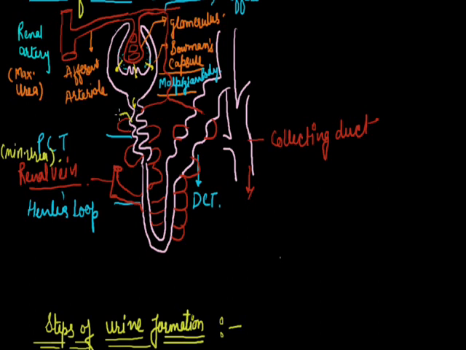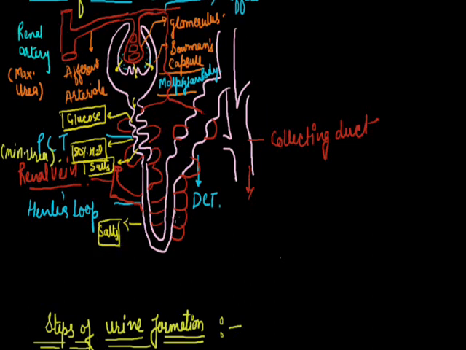Now in the PCT, the complete reabsorption of glucose, this is mainly related with the glucose reabsorption, water, 80% water. It is also responsible for the reabsorption of salts. So this is the passage where maximum reabsorption is done. Now Henle's loop, this is the descending arm of Henle's loop, and this is ascending arm. Descending arm is permeable for salts. Salts are reabsorbed here, ions and salts. While in the ascending one, water is reabsorbed.